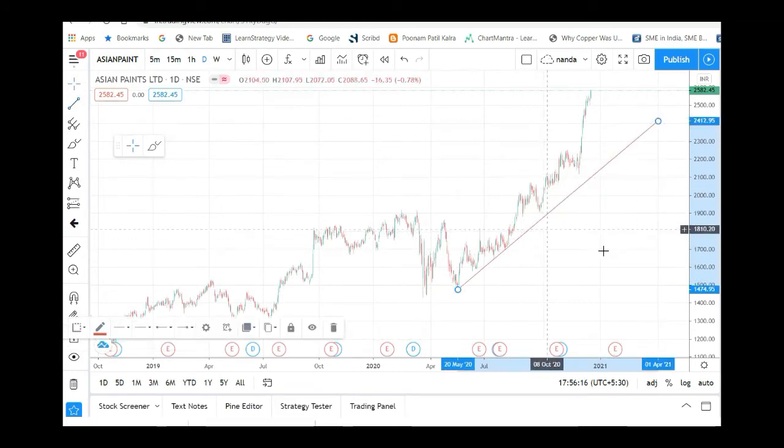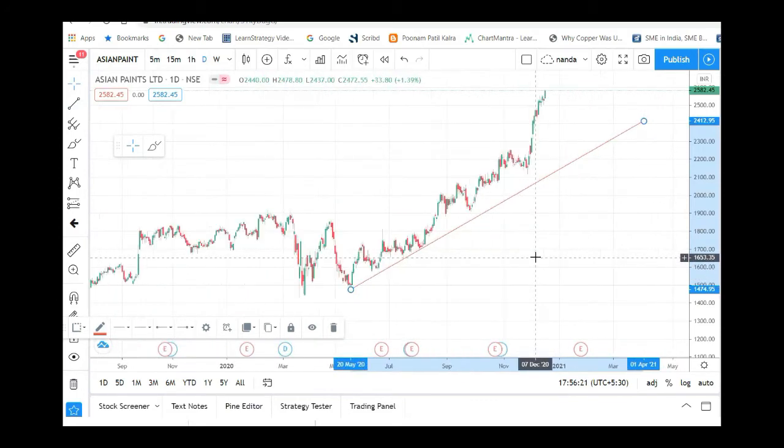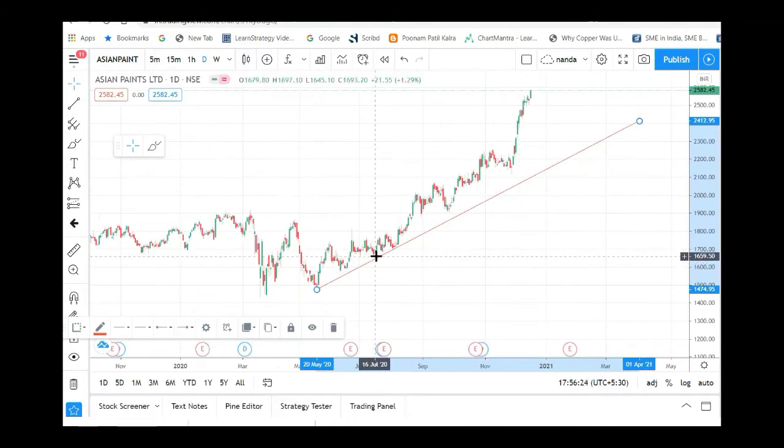The logic of a trend line is that we have to connect at least two candles or wicks of the candle. This small stick is called a wick, and we can connect the wicks as well as candles. As we connect more candles, the stronger the trend line is. Here the first wick is connected over here, and then we connected the second and third candles. So we have connected around 2 to 3 candles in this trend line.